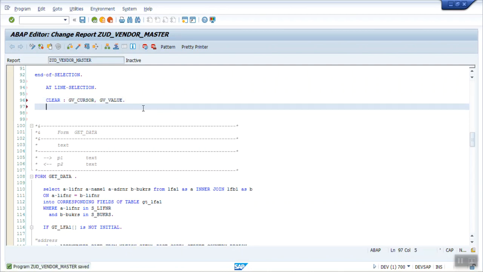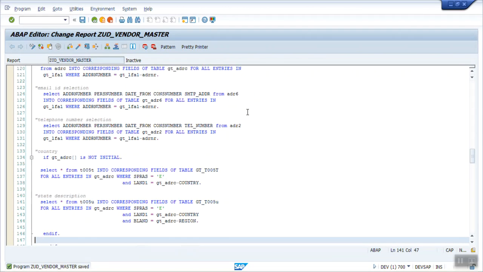Now we want to read on which field the user has clicked, and let's say in this example we want to display the secondary list only if the user has clicked on the vendor ID. So for that we have to write get cursor field, and here give a variable name gv_cursor, and the value will be in the gv_value field.